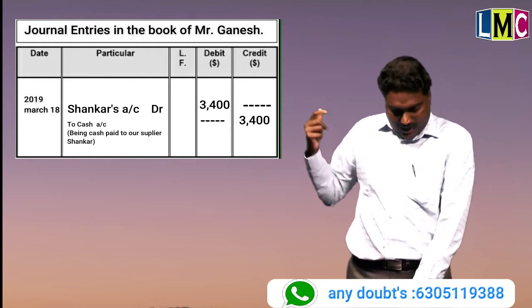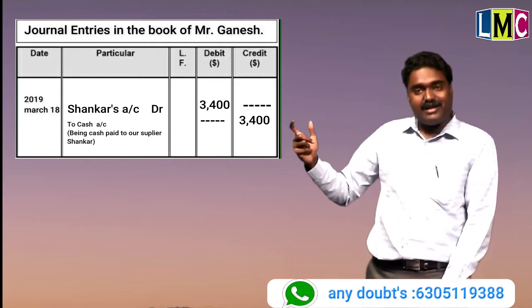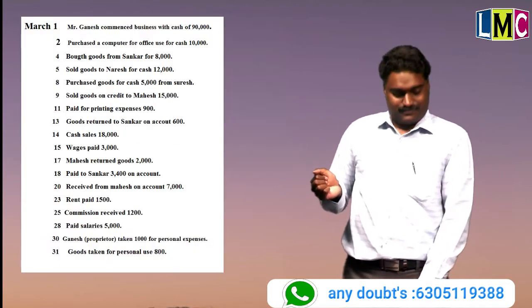So pay Shankar: account debtor to bank account. Being paid to Shankar, the supplier, through his bank account. Is that clear? Next